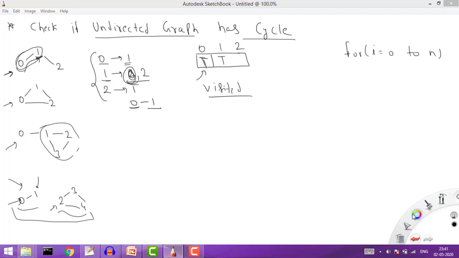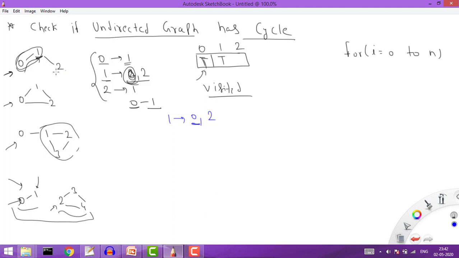So basically what happened here, for this 1 we found out that there are two neighbors, 0 and 2. Now when we checked this 0, 0 was already visited, right? 0 was visited, but the point is 0 is a parent, so we need to take care of the parent thing. When you see the code, we'll see how we operate the parent.